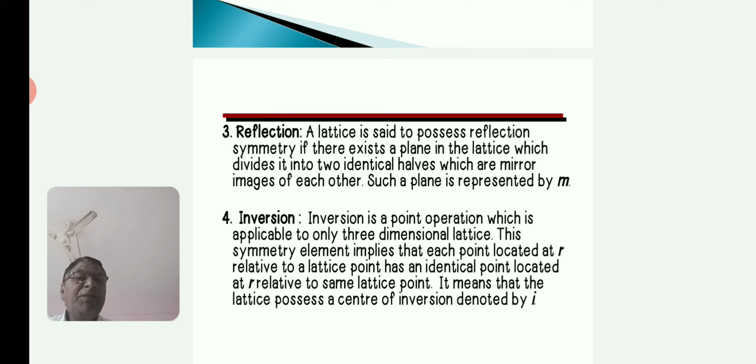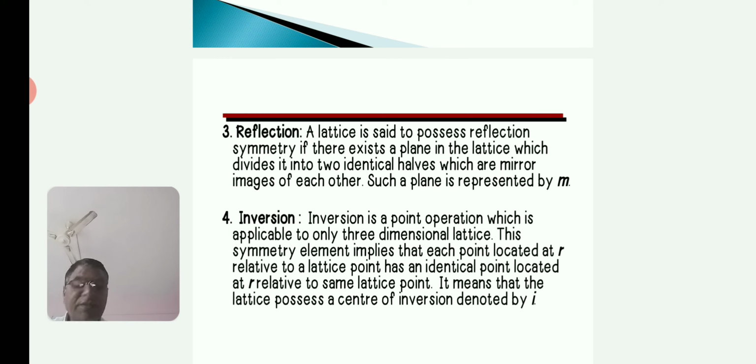The first m represents a plane or line parallel to the rotation axis, and the second m refers to another plane perpendicular to the rotation axis. These 10 groups are represented as follows.